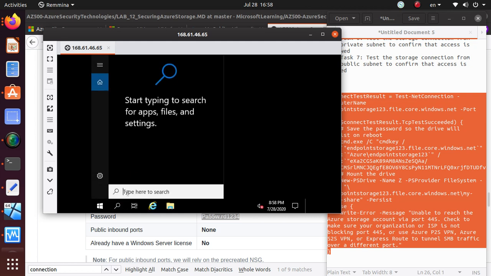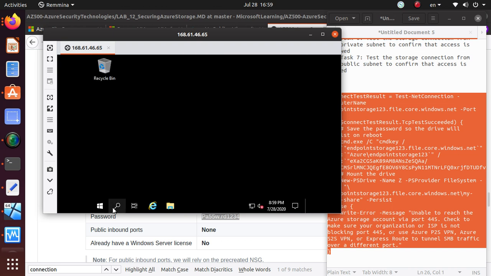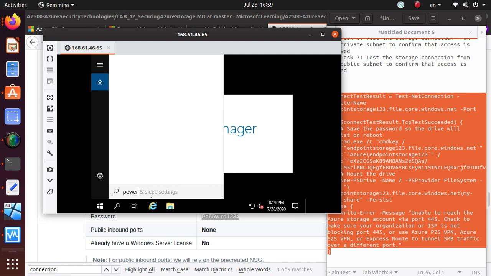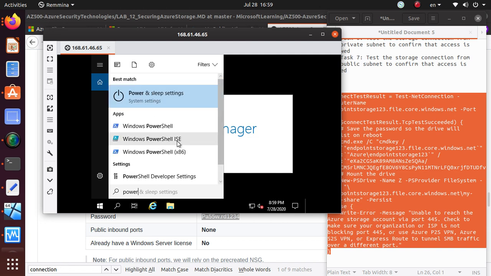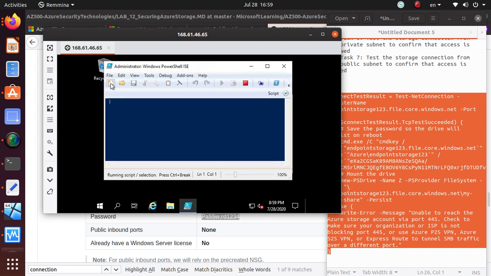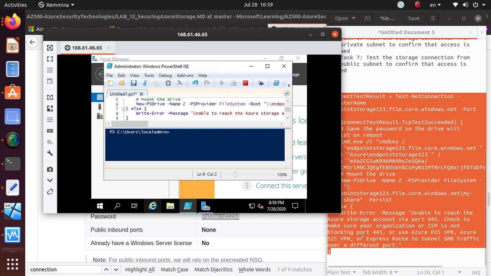As soon as it's here, I'm just gonna click on this, and go get to our PowerShell. PowerShell, where is my PowerShell? Okay, there we go, PowerShell, and I want the ISE because I want to run it as a script. As soon as this opens up, what we want to do is click the new script icon, paste everything, and now